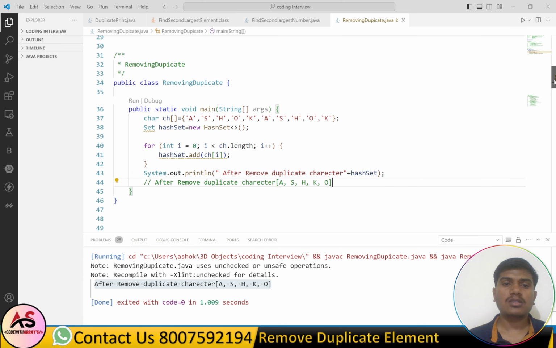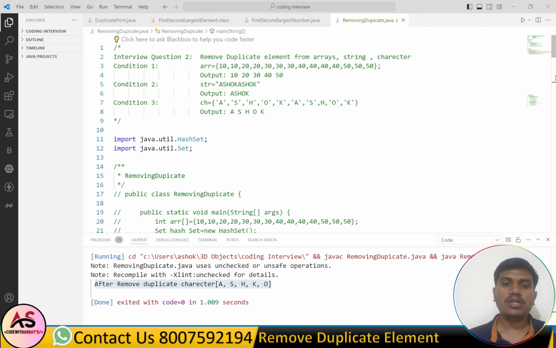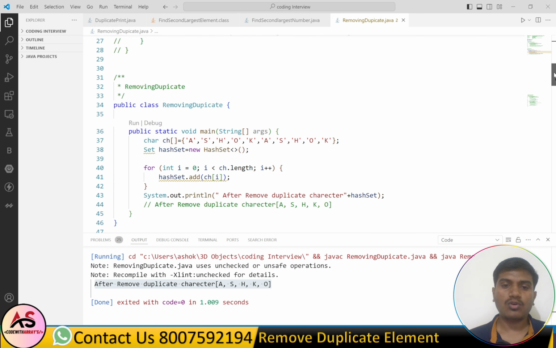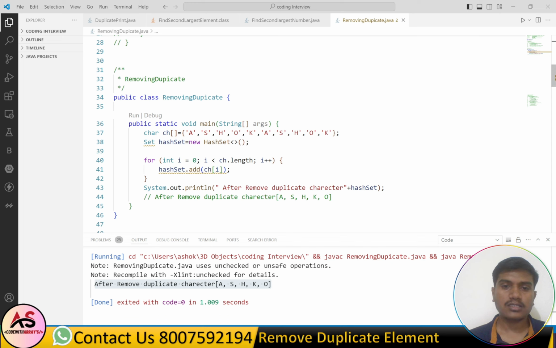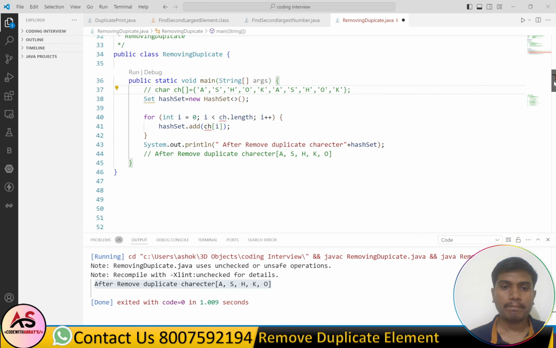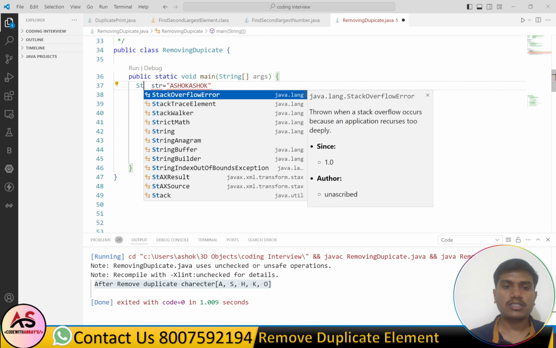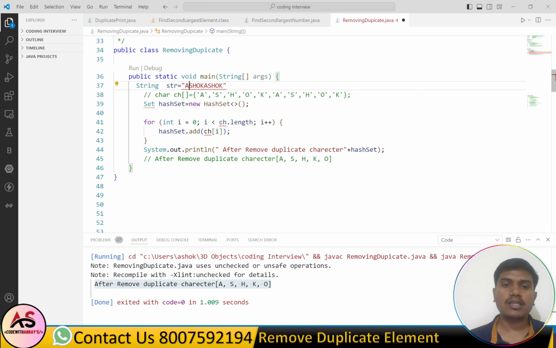Now the second condition is they given one string and we have to remove the duplicate element. So for that we will just uncomment this and define one string, that is String str equals to Ashok.